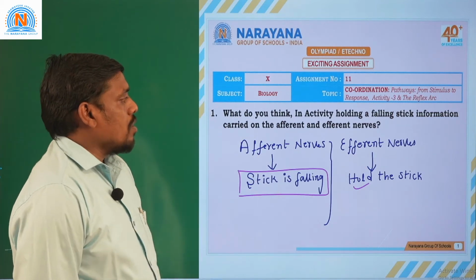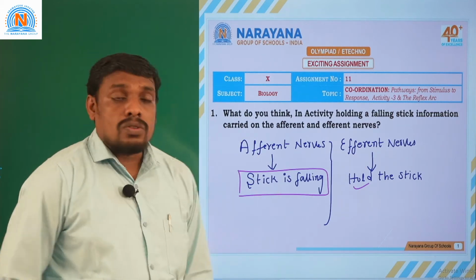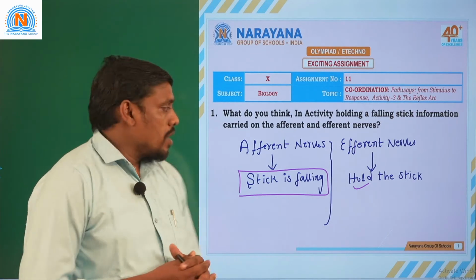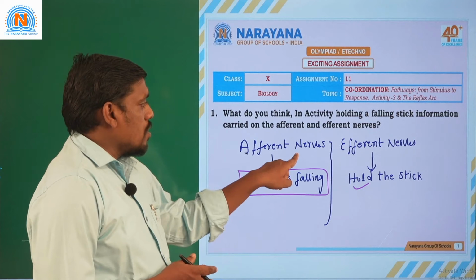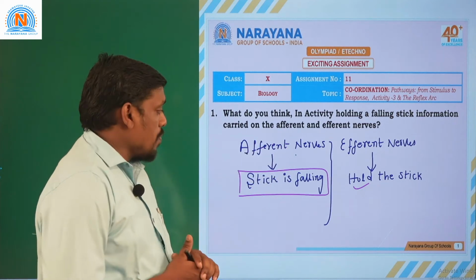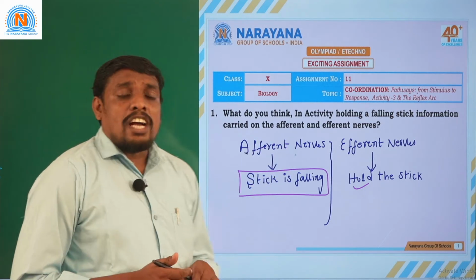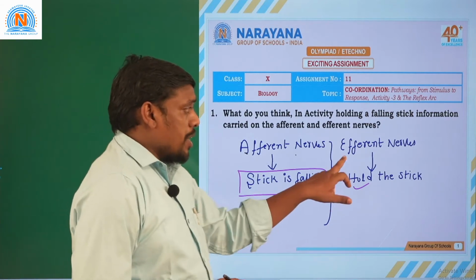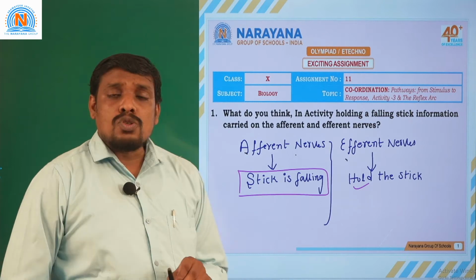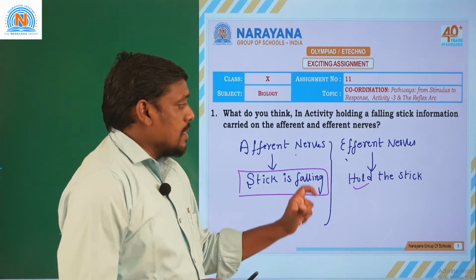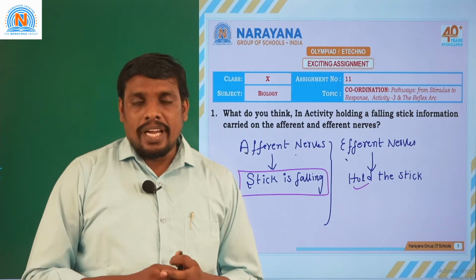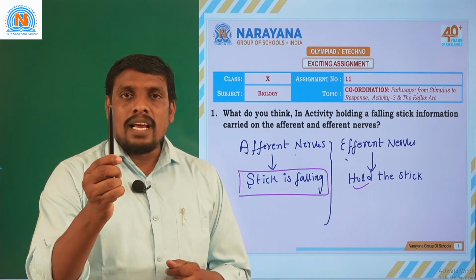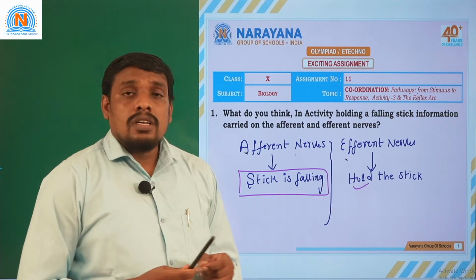Information is carried on afferent and efferent neurons. What are efferent neurons? Here, efferent nerves or efferent neurons help to catch the falling stick or falling scale. Efferent neurons help us to hold the stick in a proper way. Okay. So, if you want to hold the stick in a proper way like this, the efferent nerves should be